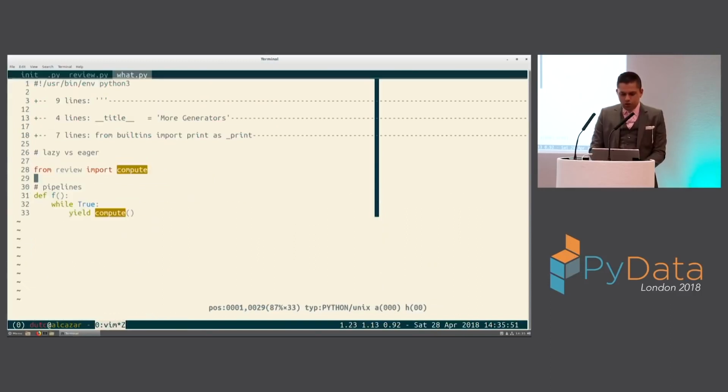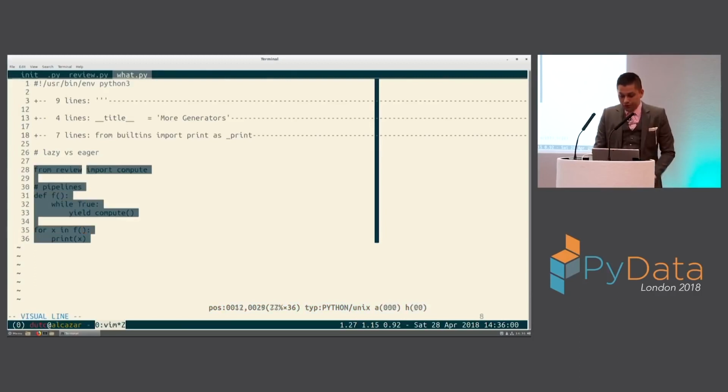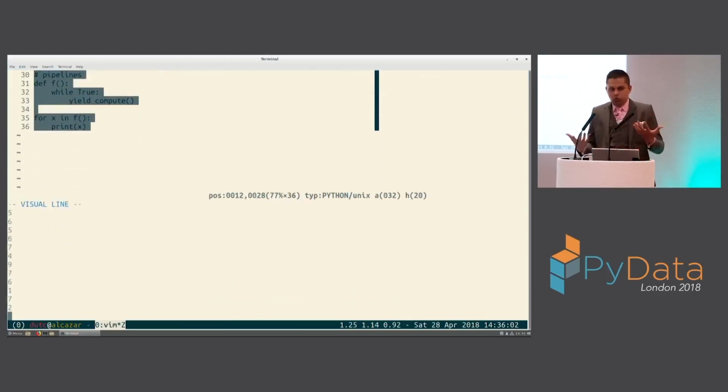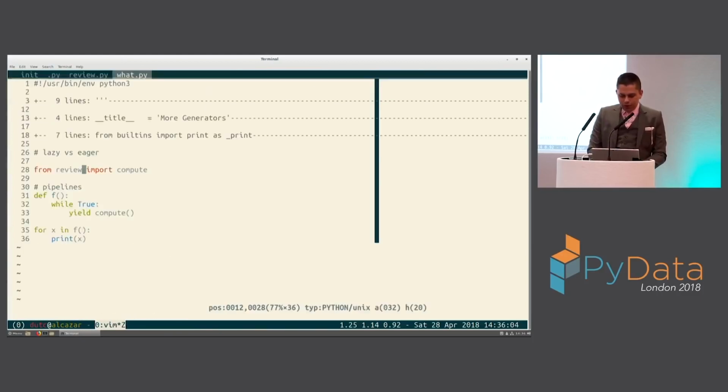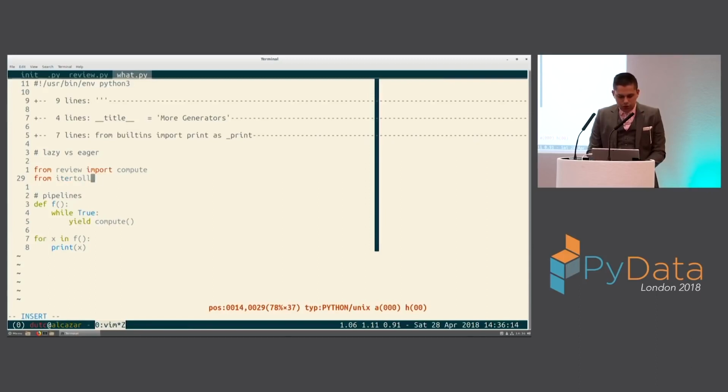There we go. So what we can see is we now have an infinite sequence, right? If I say for x in f, print x, I now have an infinite sequence, which would be very difficult to do eagerly because you can't store an infinite sequence anywhere. And what we know from this is we can do all sorts of cute little pipelining things, just like at the shell, things which approximate the kind of data pipelining that we often do on fancy platforms like Hadoop and Spark and whatnot. And we know that Python gives us the itertools module, and the itertools module gives us a lot of helpers.